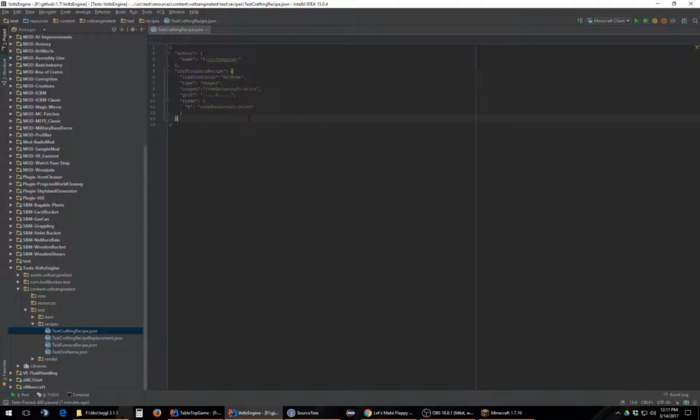NBT will be supported here eventually too. Right now it's not added for the simplistic reason that I don't want to sit there and code up a special object definition. Because if we actually wanted to do this, we would have to go, okay, this is an entry here, and you'll have an item, and the item is item at Minecraft, and then stick, and then of course, if you want to do metadata with this, I forgot to mention,